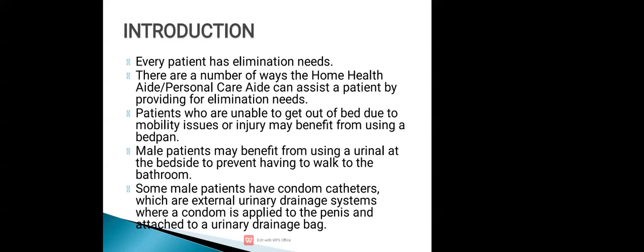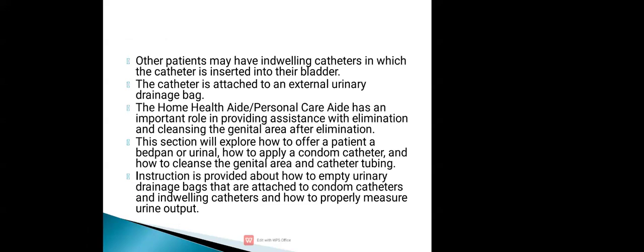Male patients may benefit from using a urinal at the bedside, which prevents having to walk to the bathroom. Some males have condom catheters, which are external urinary drainage systems, where a condom is applied to the penis and attached to a urinary drainage bag, to help with urination. Other patients may have indwelling catheters, in which the catheter is inserted into their bladder. The catheter is then attached to an external urinary bag,